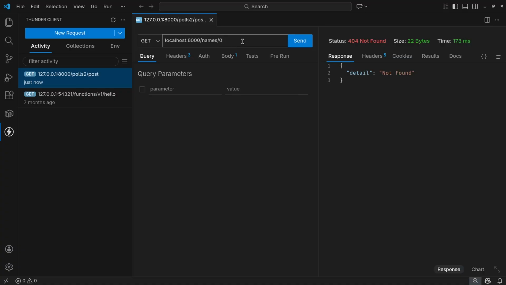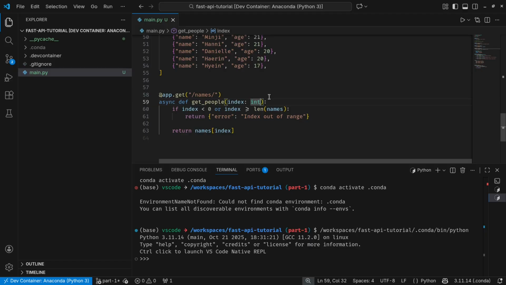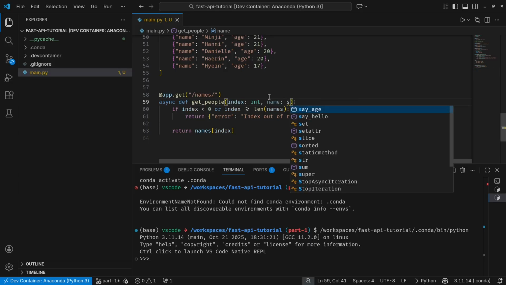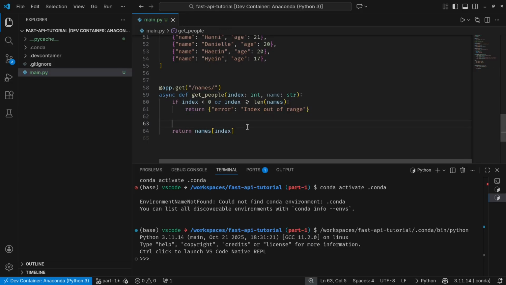So it looks like I made an error here. It's not a path parameter, it's a query parameter. So question mark and then index. So let's say 0. Great, as you can see, our code works. We can even add more parameters if we want. So let's go name of type string